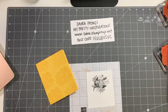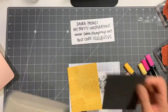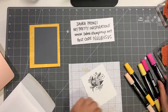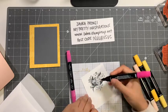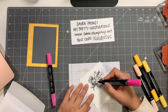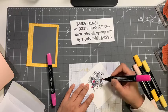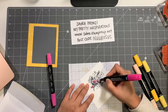All right, so I mentioned that my color inspiration was the Pantone Colors of the Year, which are, I would say, pretty close to these two colors, so the Daffodil Delight and the Basic Gray. But I did want a good pop of color on my flowers, so I'm going to be using Stampin' Blends in different colors. I'm going to start with the Magenta Madness, and I'm going to use that on these larger flowers. And once again, if you watched my Facebook Live on Wednesday, I don't know the names of different flowers, so please feel free to enlighten all of us and tell us what these flowers are. Okay, so I'm just following the lines of the stamped image to create some depth and dimension